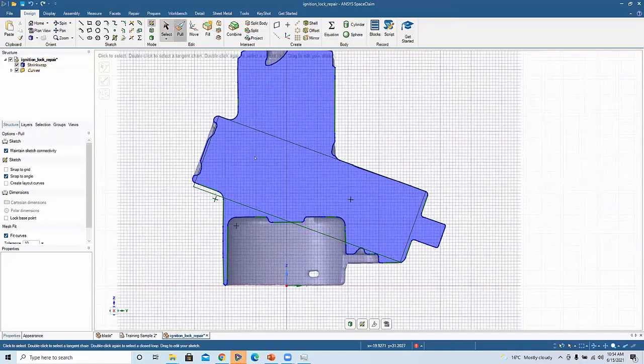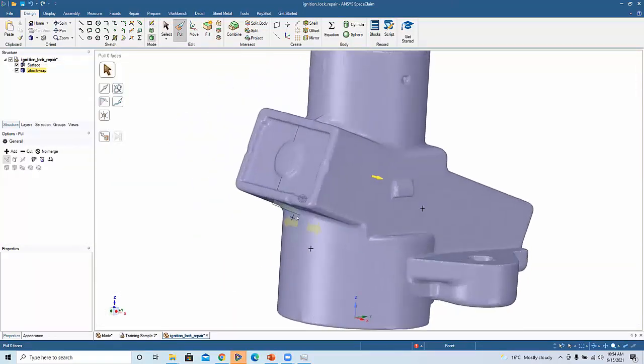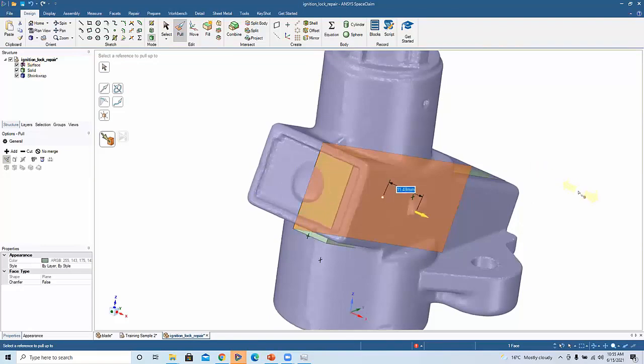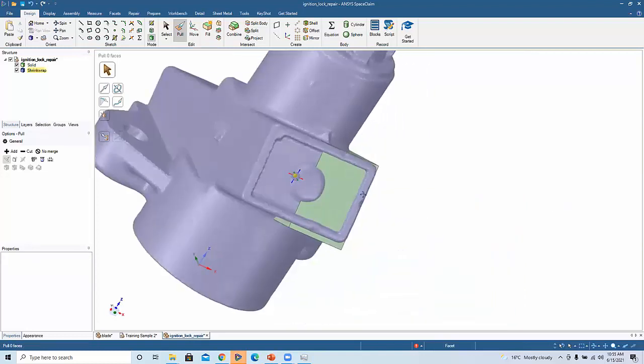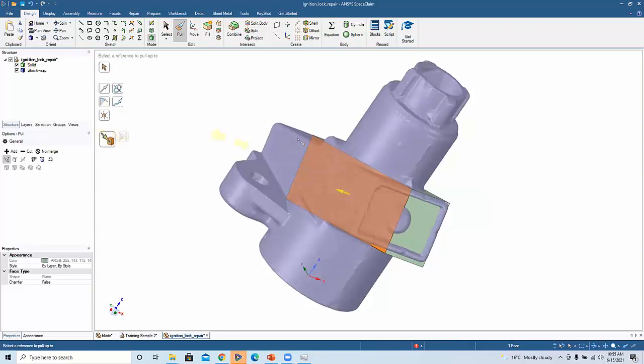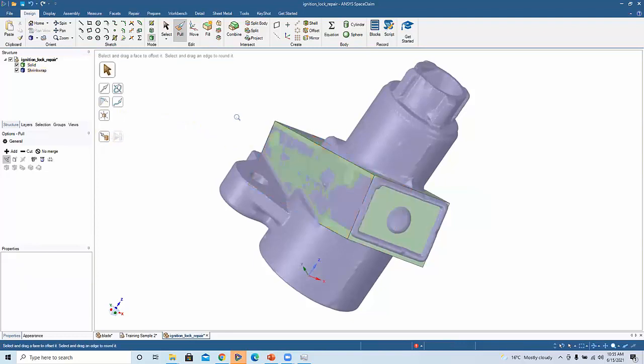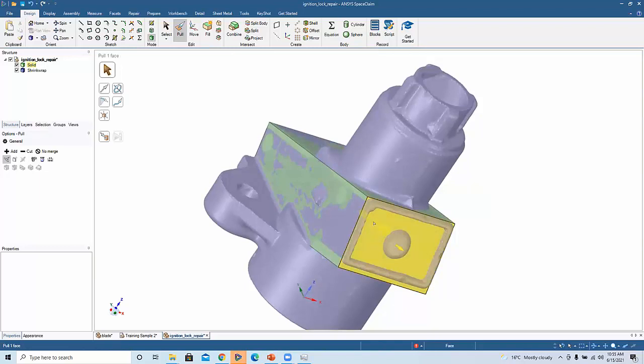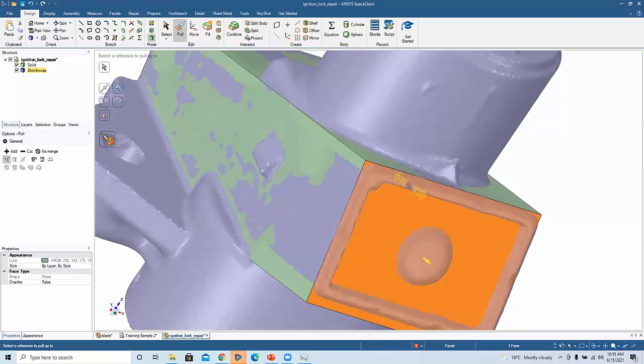And so when I click on the pull tool, I can grab this face and snap to different features in the model by using the UpTo command. So I can click on the UpTo command and pull this surface outward and select the outside of this face to snap up to the side of this mesh. That's the one thing that's very unique about SpaceClaim: I can use the UpTo command to snap to the different features of the model without having to worry about trying to eyeball where the actual mesh